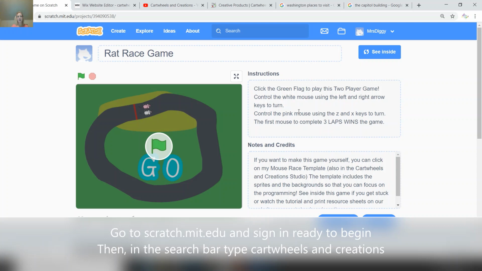So the first thing that you need to do today is to get logged into Scratch. If you haven't yet signed up, then just pause the tutorial now and go ahead and get yourself signed up. And then once you're on Scratch, the next thing you need to do is in the search bar,